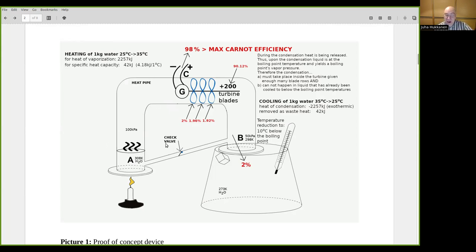And what is important here is that the heat engine takes internal energy of the passing fluid, interacts with the boundary layer of this plate, and gives the motive power to each of the plates, and they will rotate this generator here that removes energy taken from the internal energy of the molecules. It removes that from the system. So each of the plate rows will take some energy, and when all of the plate rows have taken so much energy that equals the heat of vaporization, that is the major part of the heat that is added here to get the water into boiling, the heat of vaporization has been removed,